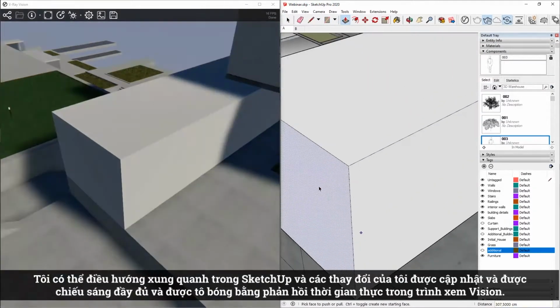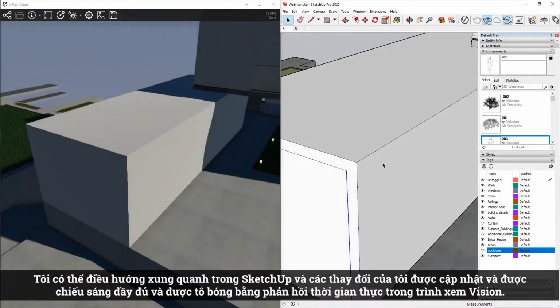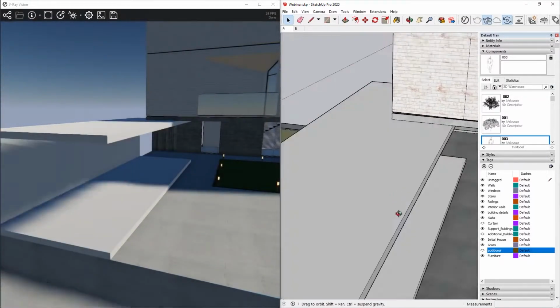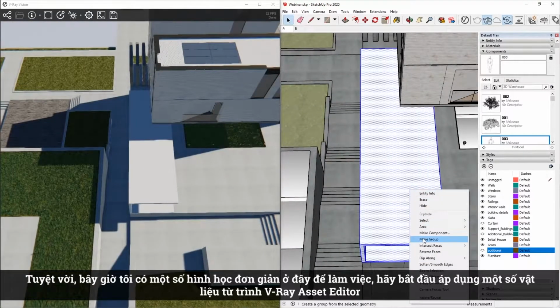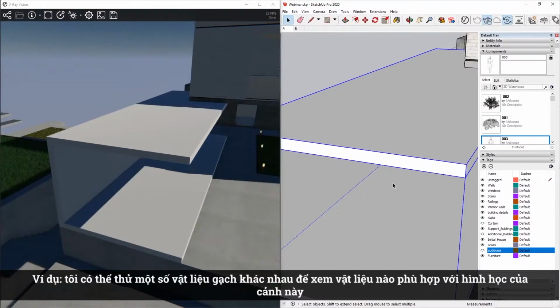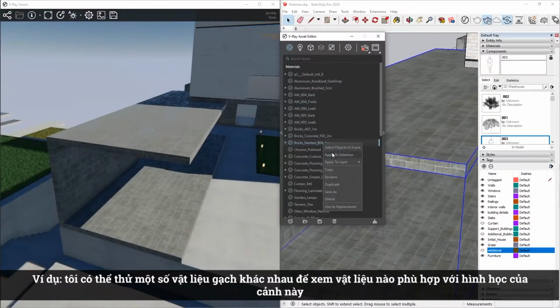I can navigate around in SketchUp, and my changes are updated and fully lit and shaded with real-time feedback in the viewer. Great! Now that I have some simple geometry here to work with, let's start applying some materials from the V-Ray Asset Editor. For example, I can try out some different brick materials to see what works well for this scene's